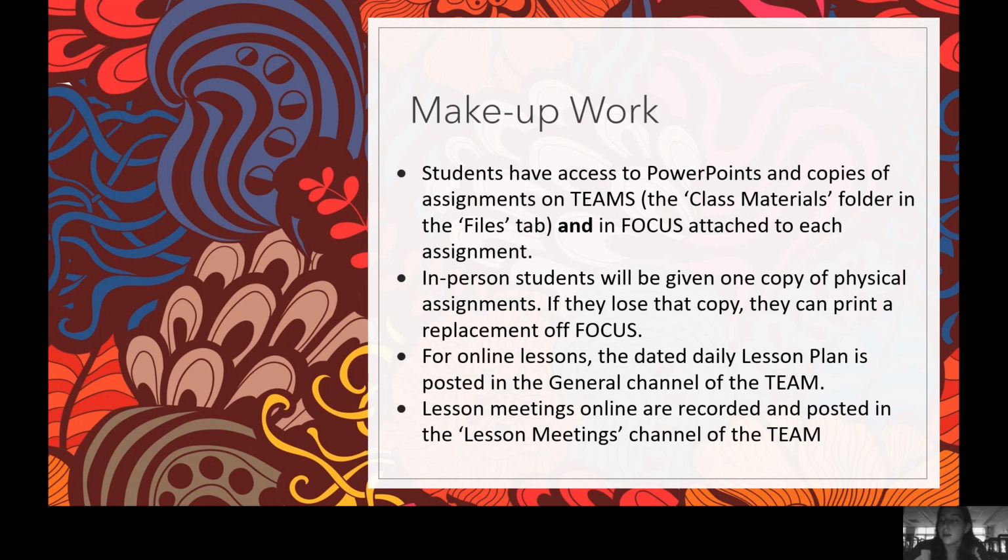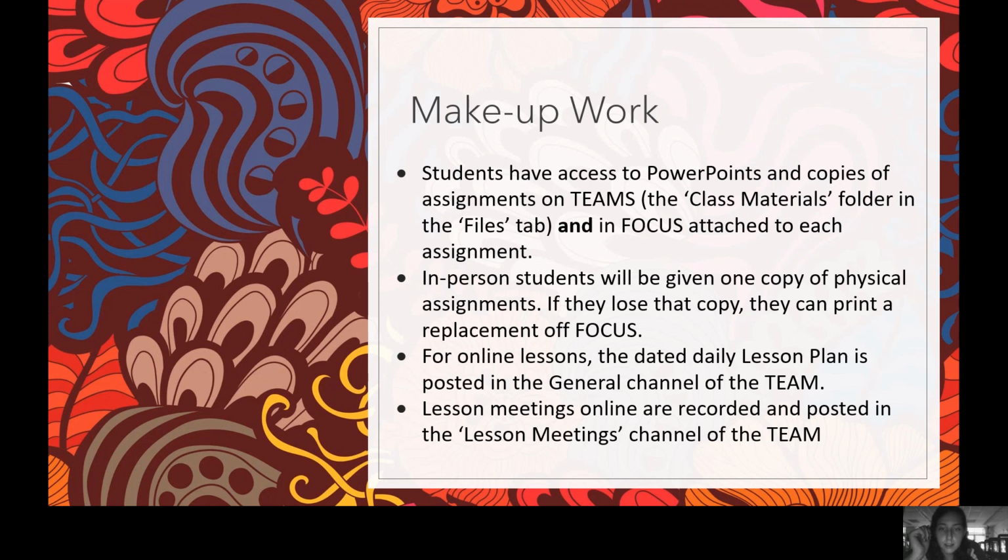or they can, if it's possible, depending on the document, just complete it online and submit it to Focus straight from the computer, because some assignments can be edited in Focus. So if it's makeup work, then they can just go into Focus, download it, fill out the form or fill out the page, and then upload it back to Focus.